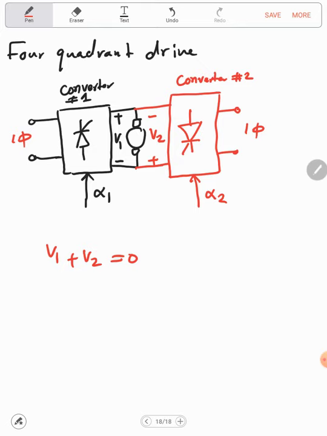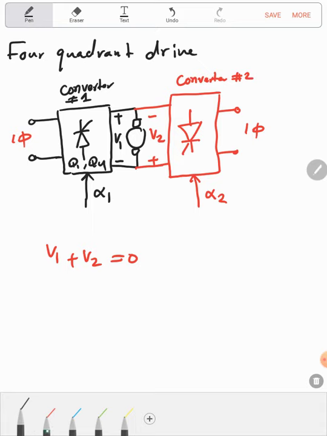So if we do so, converter number 1 will support Q1 and Q4 operations,